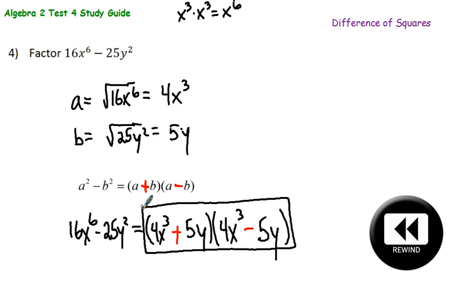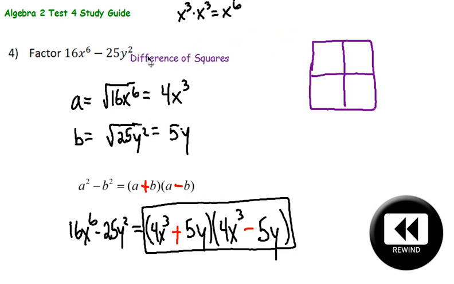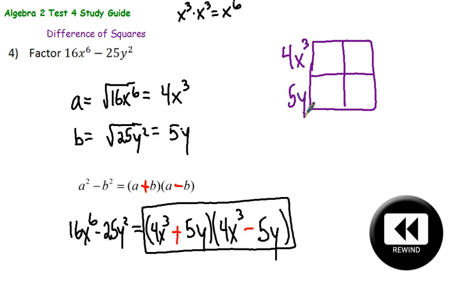How can I check this? Well, it's a real easy check, and not that you have to do this here. And I probably won't do this on the other problems because it ends up being a little bit too much work. But I do want you to see this here because I want you to see what I'm talking about as far as being able to check this. So what I could do is that if I multiplied, right, this is a difference of squares. So if I multiplied this out, what I'm saying my answer is, 4x cubed and 5y, 4x